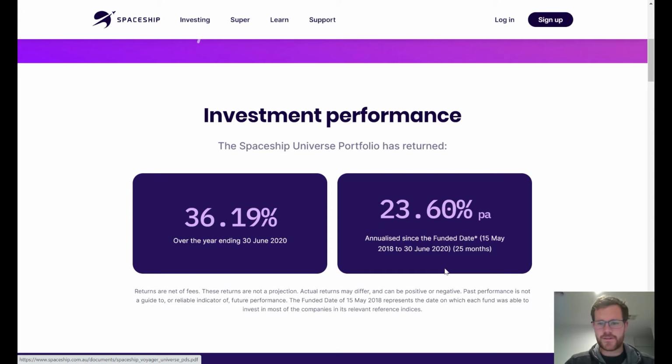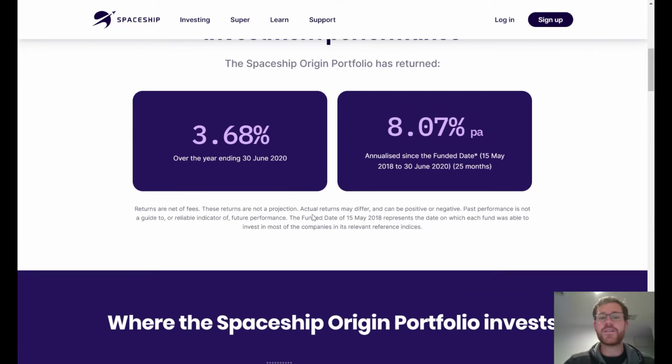23.6% over the last 2 years, or 25 months. And then over this financial year, they've had a 36% increase. Whereas the Origin portfolio, if you're not so risk oriented, is probably something that you would rather look into. This is what I invest in personally, because I always look at what I want to do long term rather